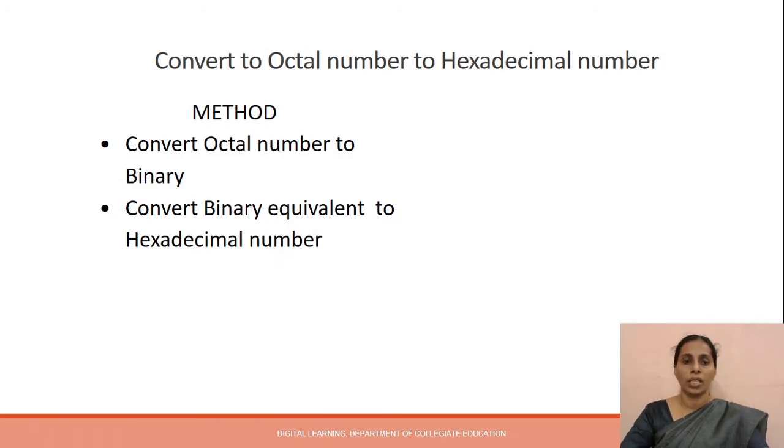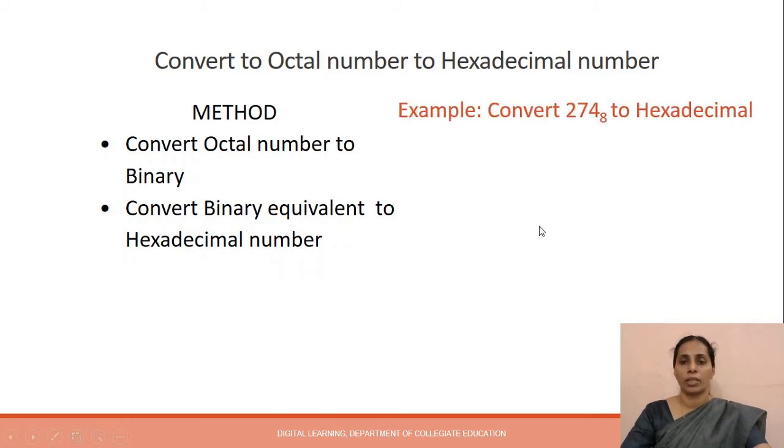Now let's see how to convert an octal number to hexadecimal number. For this, first we need to convert the octal number to binary, which is a group of 3 bits. Then that binary is converted to hexadecimal number by writing its equivalent in 4-bit groups. Let's see with an example.